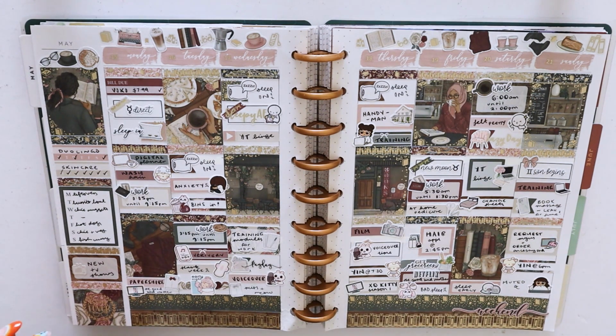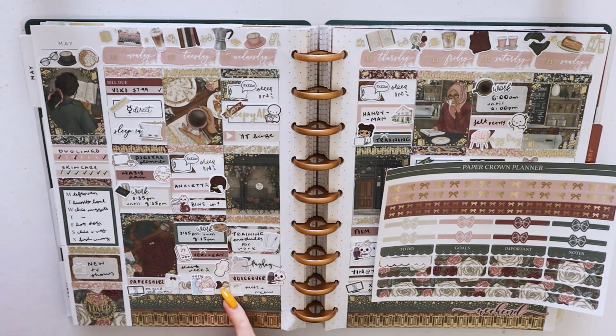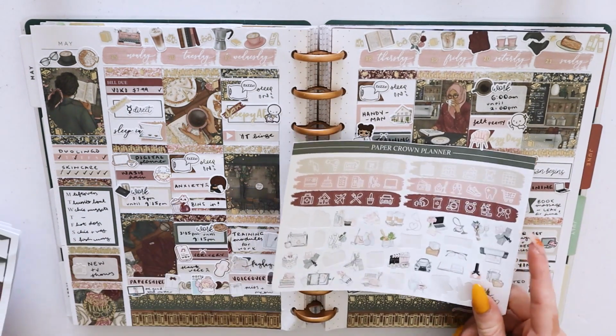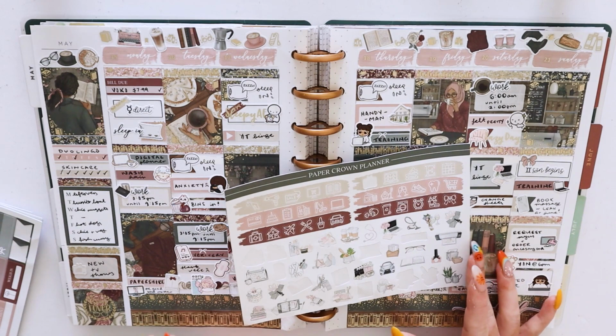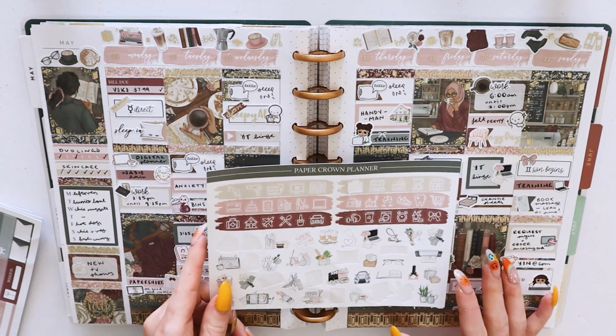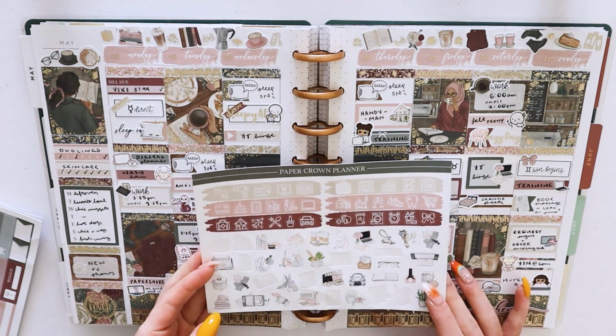And then from the actual kit itself, I'll show you the pages that I did use. So this page, I really only used one little scallop, just as a washi strip. From the icons page, I used a few of these icons, but honestly, these kits come with a ton of icons, and I didn't really do all of these activities this week. So, you know, it is what it is, but I can always keep these and pull them into other spreads,